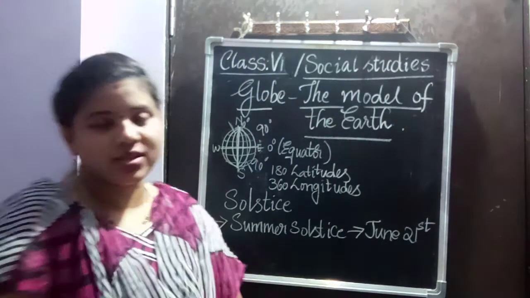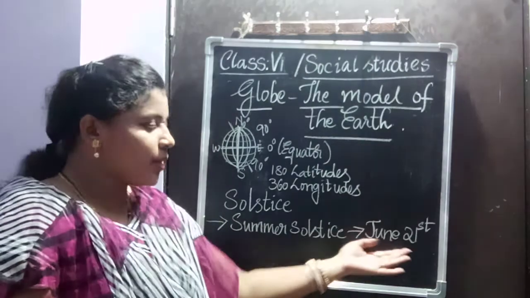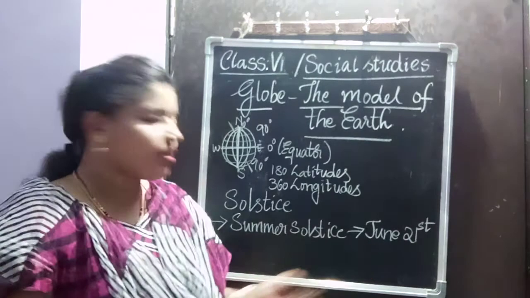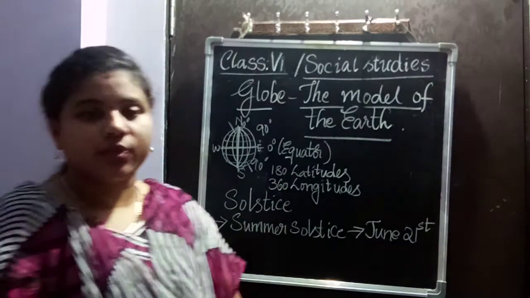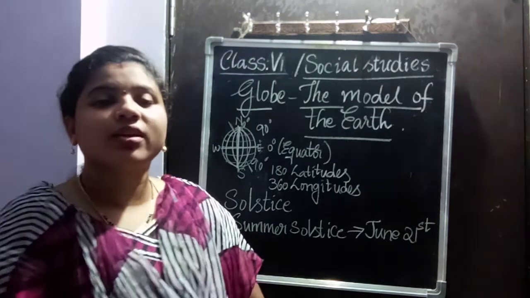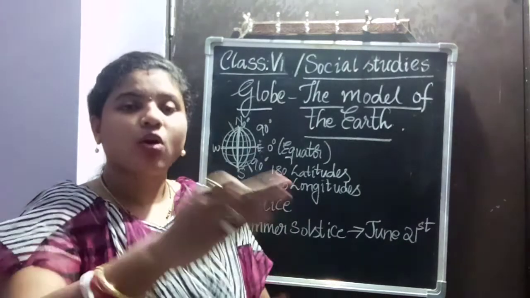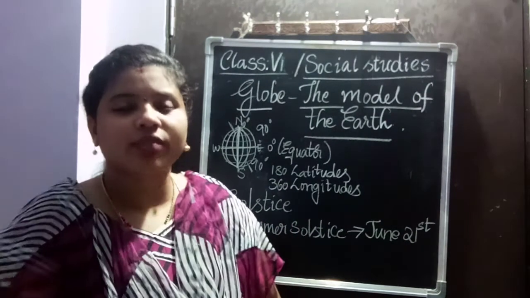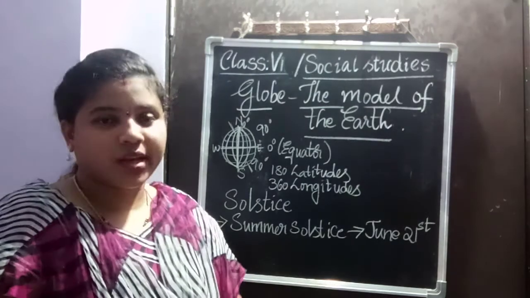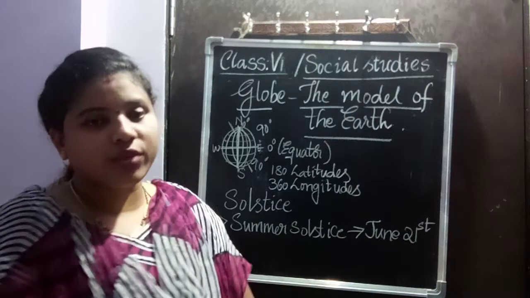Now, what is the summer solstice? What happens here is the daytime is longer. Usually June is the month of the summer season, isn't it? So the days are longer and the nights are shorter. You will find that the sun doesn't even set at 6:37. Early in the morning, at 4:30 or 5, you will see the sun again brightly rising in the sky, isn't it? So this time is known as the summer solstice, and it happens on 21st of June every year.